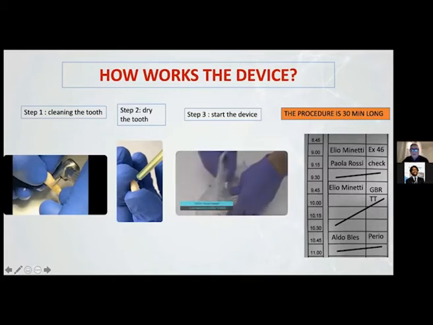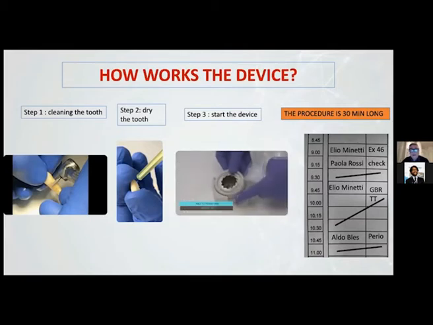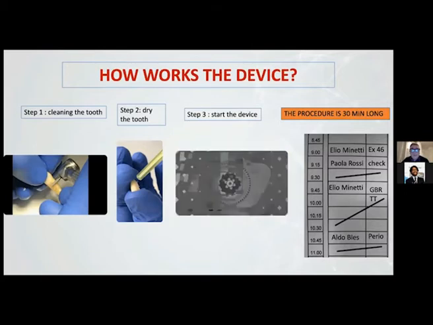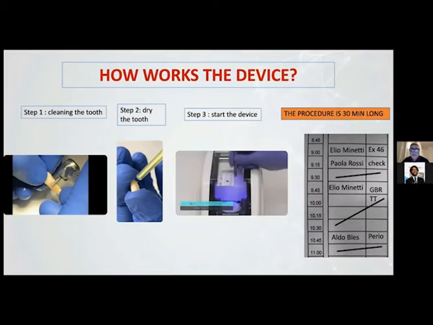This is the device. We have a grinder. We place the tooth inside the grinder, and we insert the little pieces of the tooth inside. We close the grinder, we insert the grinder, and after we insert the single-use unit with the liquids and the marker, so we pierce the surface to activate the liquids, and after that we close the lid and we push the button to start the procedure.